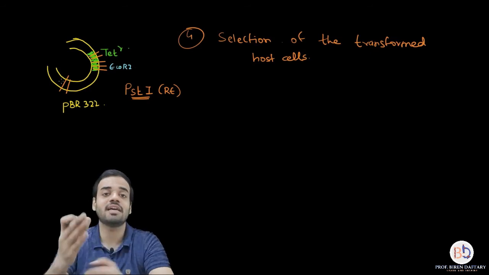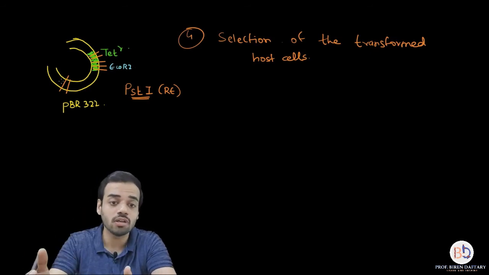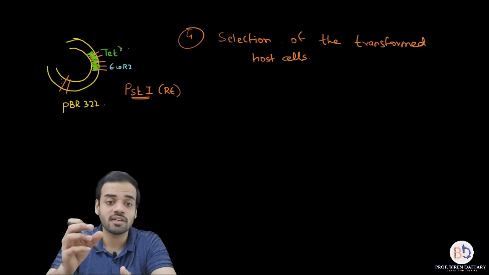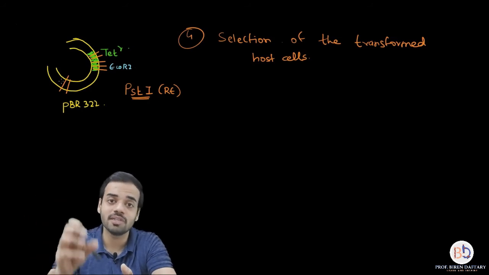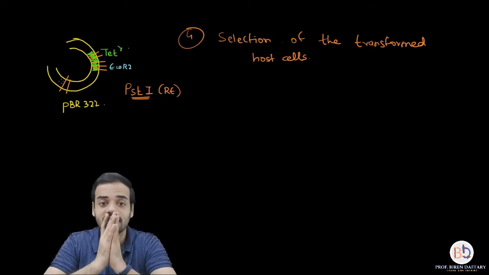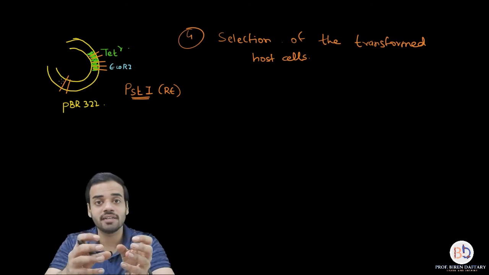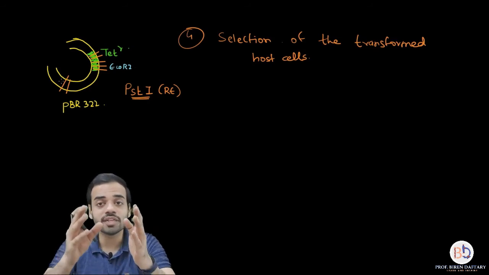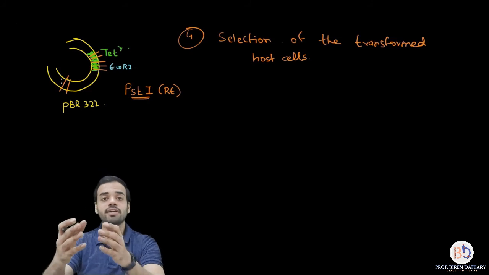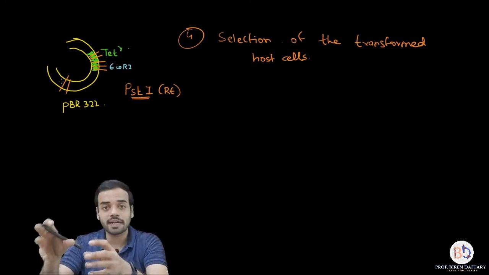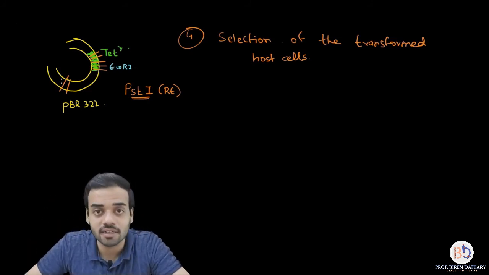area gets cut, the ampicillin resistance gene gets removed, and in that removed area, what is going to be inserted? It will be the required gene which will be inserted. Now that is the recombinant DNA. Now I have given you enough hints. Now can you tell me how you can select the transformed bacteria and non-transformed bacteria?